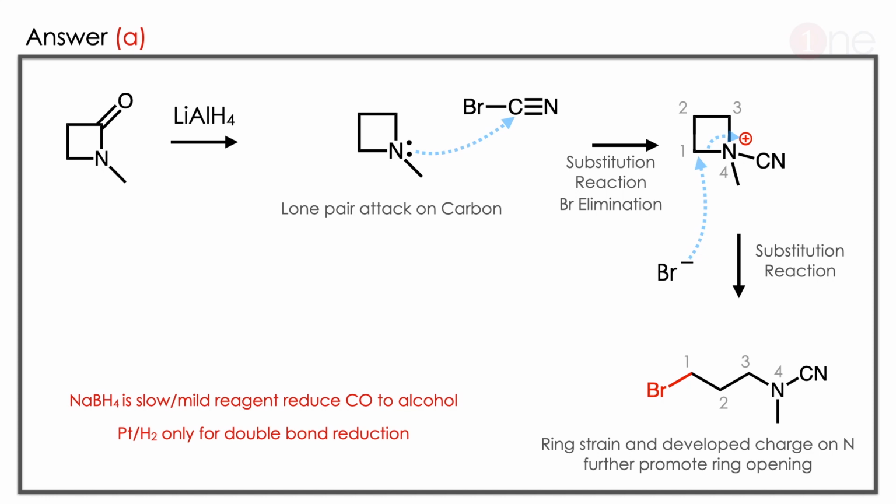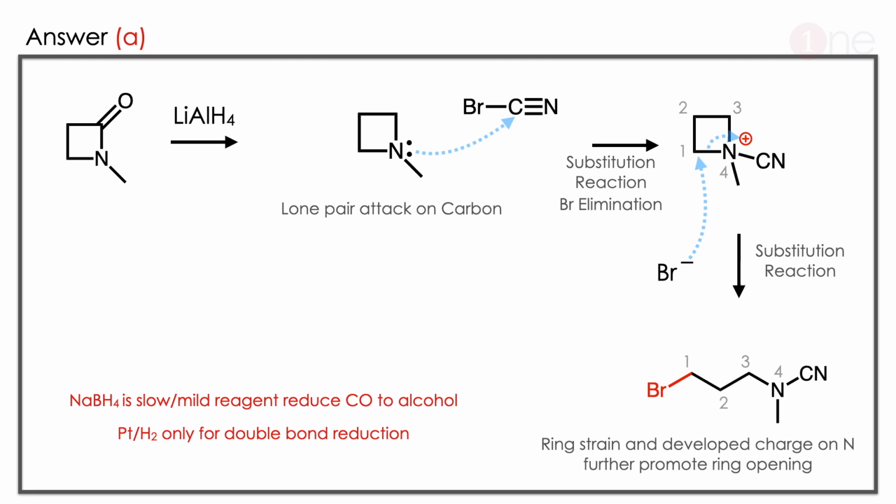Here the answer is A. Let us see how. The ring is there. Here you have to use lithium aluminium hydride to reduce the C=O bond. So the C=O bond is reduced. C=O becomes CH2 there. So the ring becomes a cyclic ring with 1 nitrogen atom. Then you are attacking with bromocyanide. Here is a very important thing, because nitrogen is the nucleophile here, it attacks the electropositive carbon because on both sides of the carbon electron withdrawing groups are there, nitrogen and bromine are withdrawing the charges. So nitrogen attacks the carbon. The final product is cyanamide with bromide leaving there.